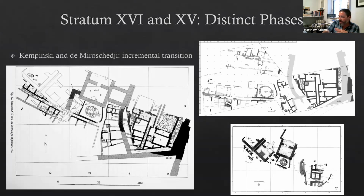I say this right now because over the years prior to our excavations, there have been several attempts to kind of re-stratify 17, 16, and 15 in order to make better sense of the stratigraphy of cult there. And just to mention a few examples, Kempinski, whose image you see on the left, and Pierre de Miroschedji, who doesn't have an image here at all, have tried to show that the triple complex was in fact incrementally constructed